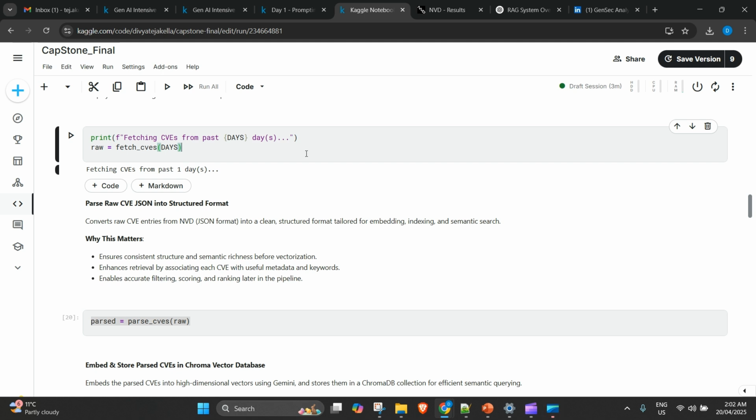Now let us see the GenSec AI in action. The first crucial step that is needed is we need to have CVE information available to us to be able to add natural language processing on top of it. So for that, we are going to use